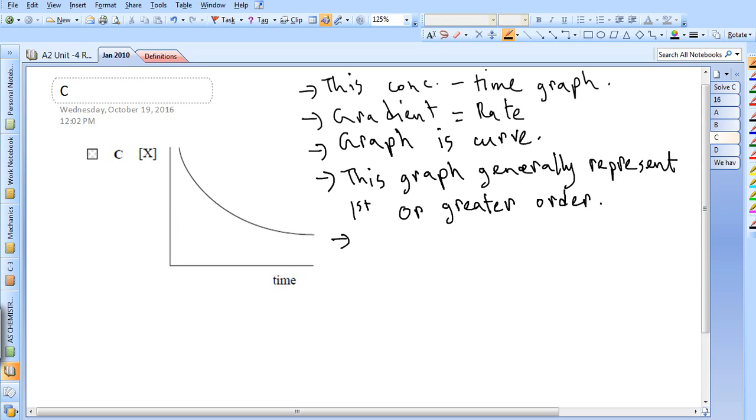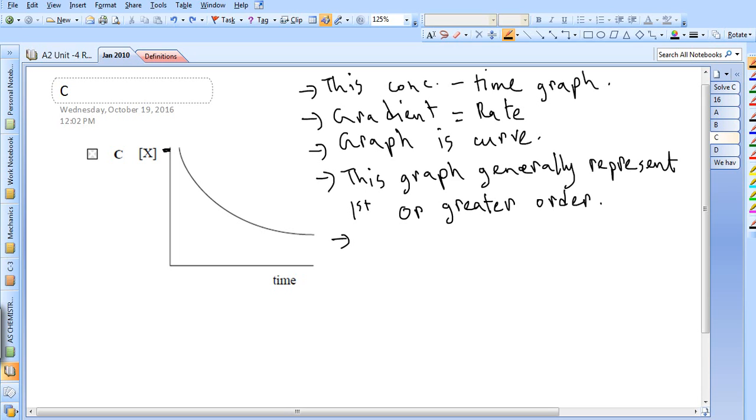Okay, so this graph is generally for first or greater order. The gradient here is not steep. If you have noticed, the gradient is not that much steeper. And if you want to find the half-life,